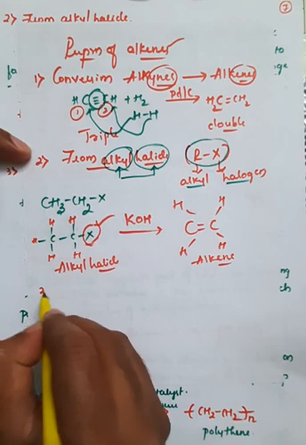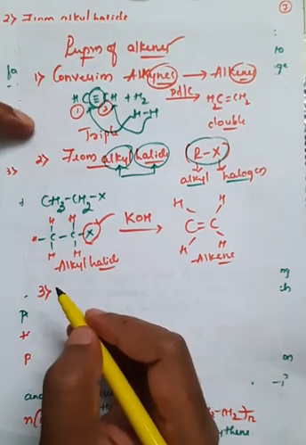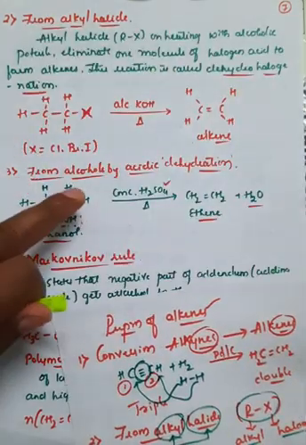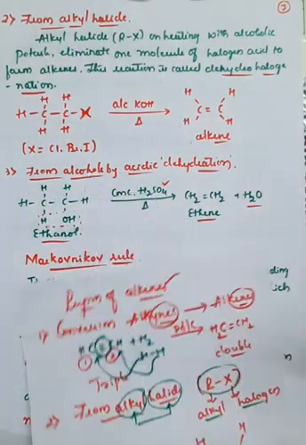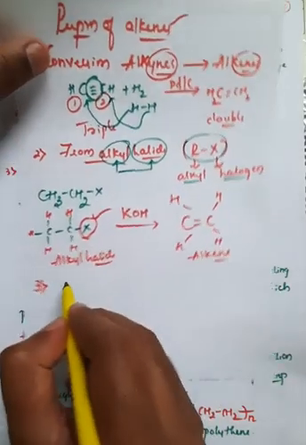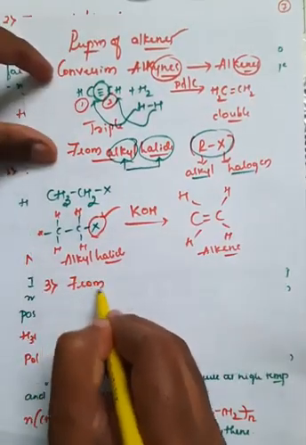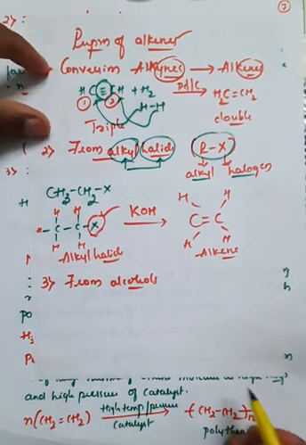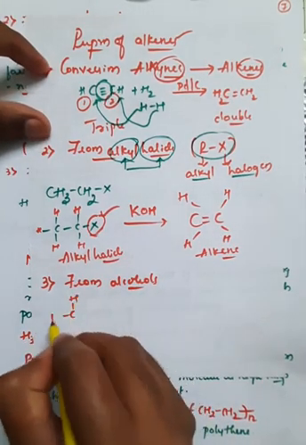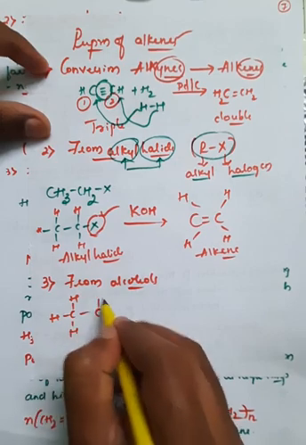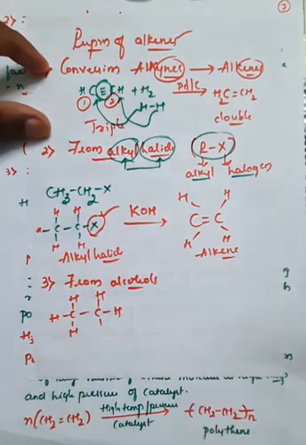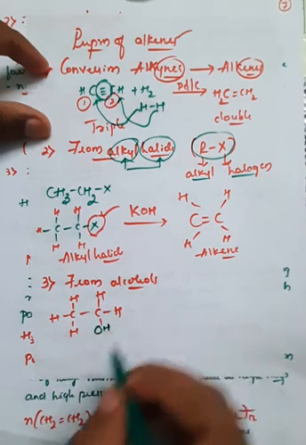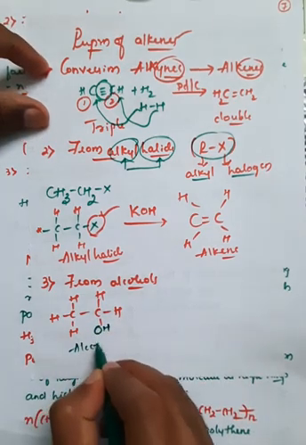Very simple. So the third one, in case of the third reaction, is with the help of a dehydration reaction, that is, from alcohols. In case of alcohols, we can prepare the alkenes. The carbon atom is bonded with hydrogen, and one more carbon atom is bonded with 2 hydrogens, and on one side it is bonded with the hydroxyl group. Since there is a hydroxyl group here, we call it an alcohol.